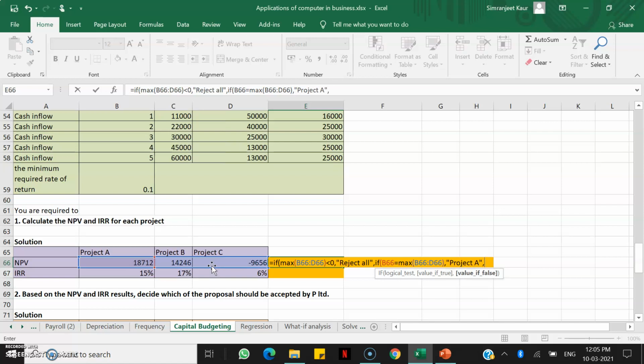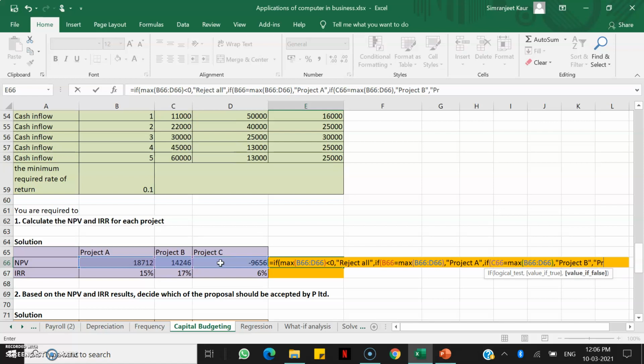Otherwise, I'll again use an IF function. If project B is equal to the maximum of these three, then write project B, right?